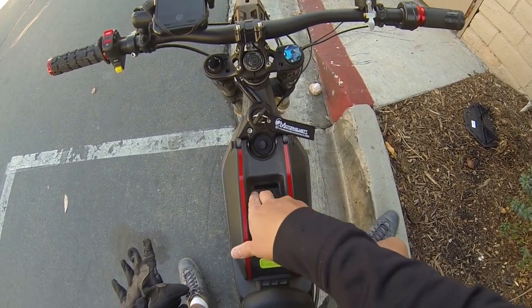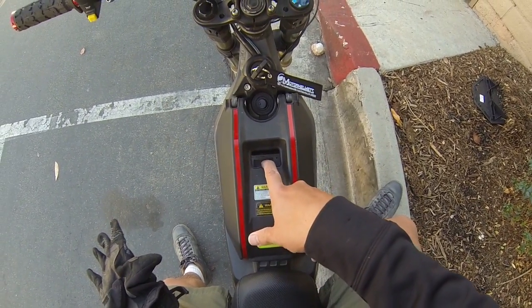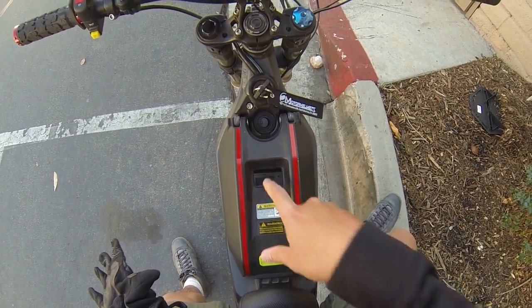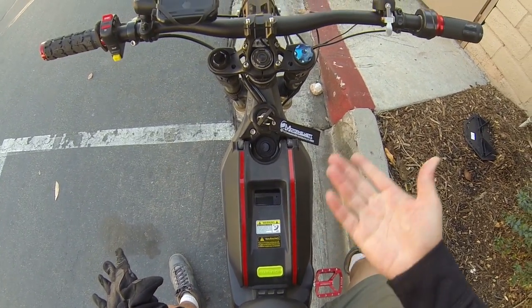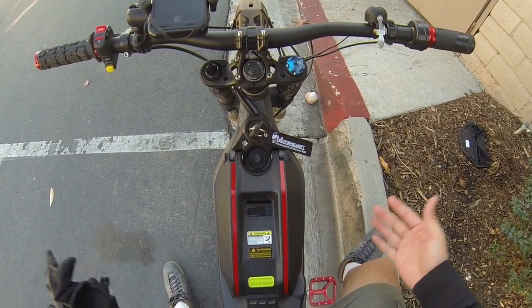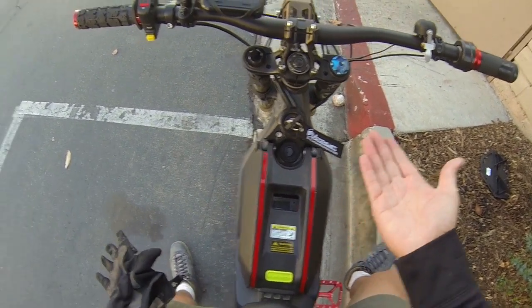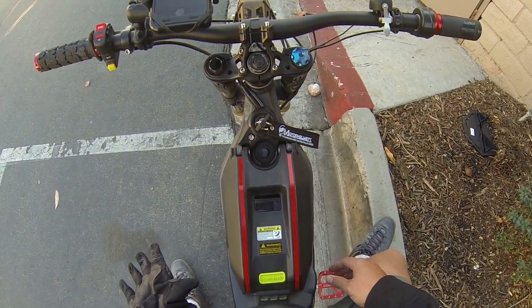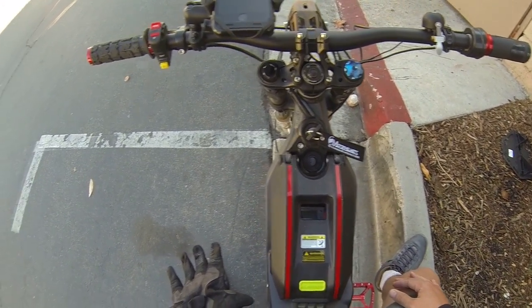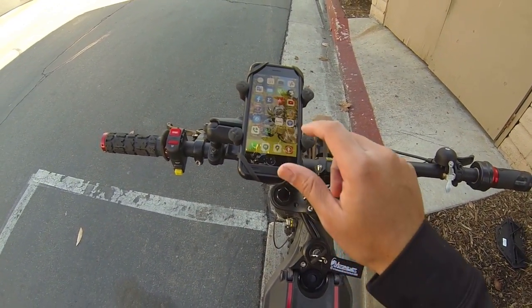Right off the bat, what I like about the display on this battery is it has your standard charge percentage as well as the voltage. So hot off the charger, it should be around, what is it, 67.2 for a 16S battery. It's been sitting for a couple days, so I meant to ride it a lot earlier, but just didn't have a chance. There's the Ant BMS app that